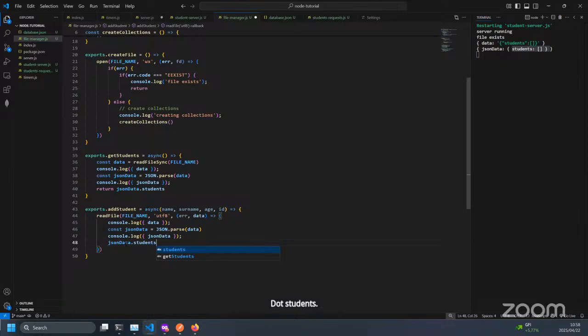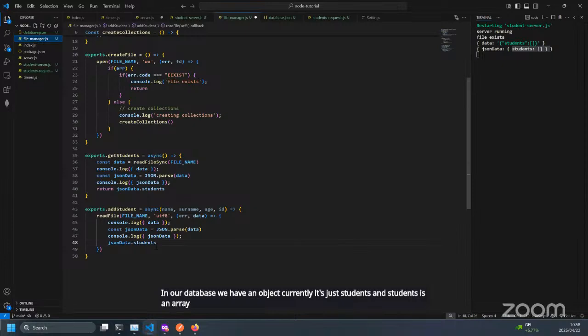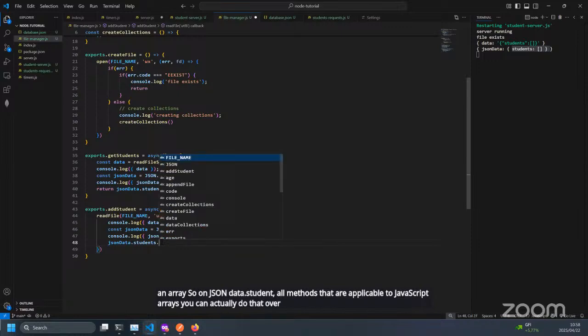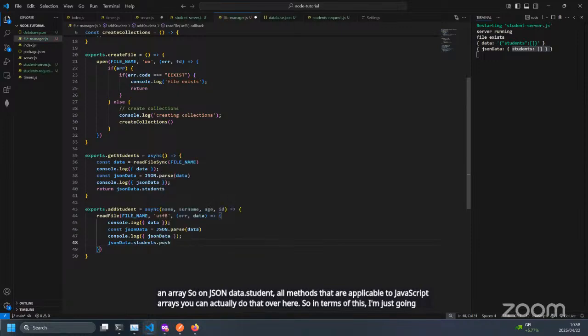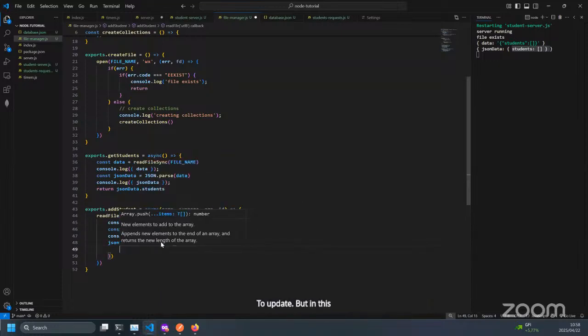Remember, in our database, we have an object. Currently, it's just students, and students is an array. So on JSONData.students, all methods that are applicable to JavaScript arrays, you can actually do over here. In terms of this, I'm just going to be using the array method of push to update. But in this case, I'm going to be adding,